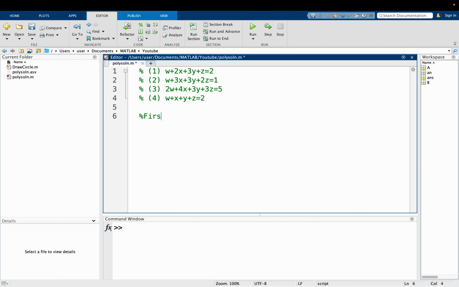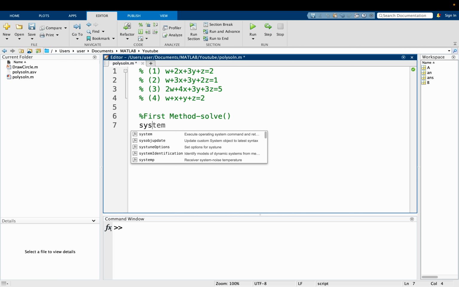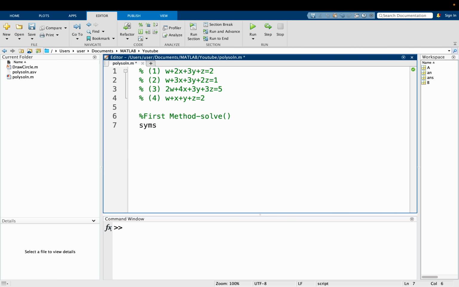The first method we are going to consider is using the solve function. For this method, we have to use symbolic variables to define the four variables in the equation. So using syms, we have four variables, which are w, x, y, and z. And then I have to define my equation. So for equation 1, let me call it eq1, and it will be equal to